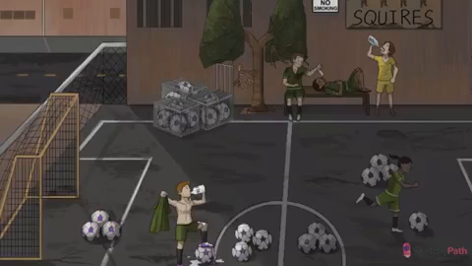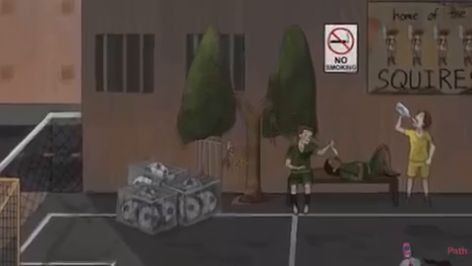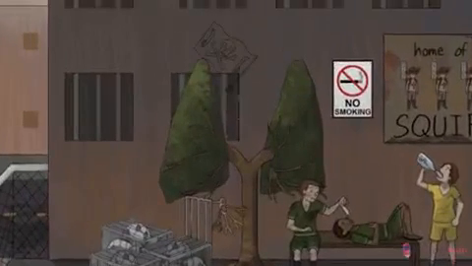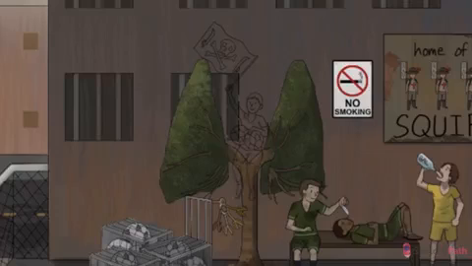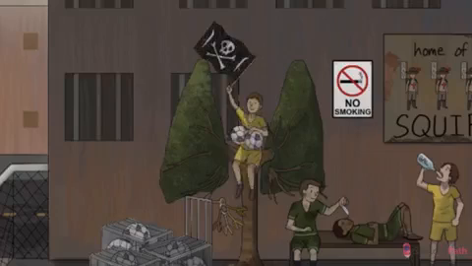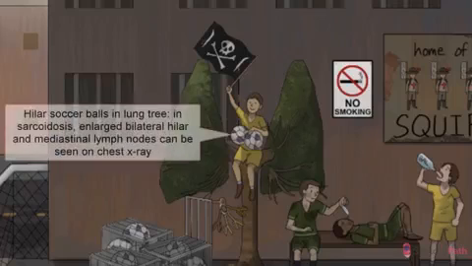Hilar and paratracheal lymphadenopathy is a crucial identifying factor of the disease, since 75 to 90% of patients will have this presentation. Yep, chest X-ray is essential for diagnosis. Look for the enlarged hilar and mediastinal lymph nodes to show up as an obvious hilar fullness on the radiograph. They're sometimes even called potato nodes. You see that devoted fan sitting in the middle of that pulmonary tree up there? Right on the mediastinum. Let those soccer balls remind you of those enlarged hilar nodes.